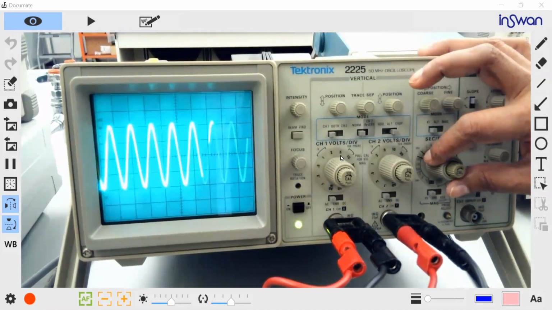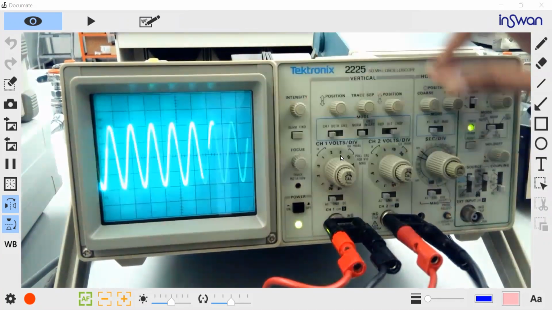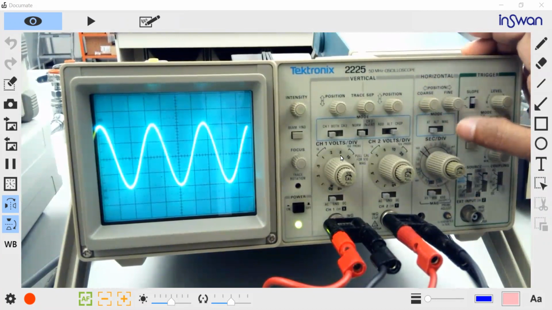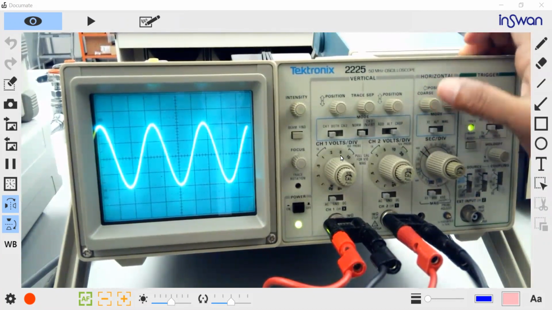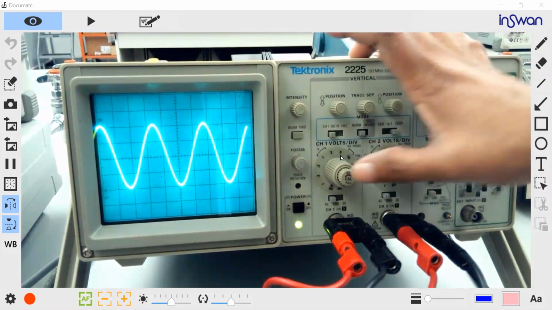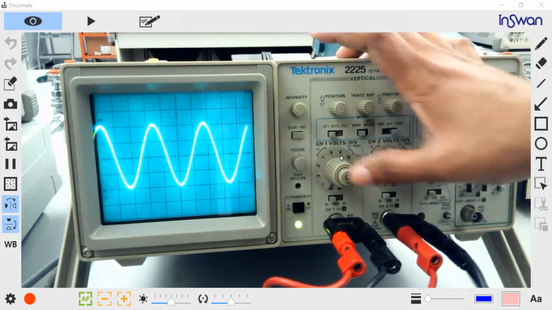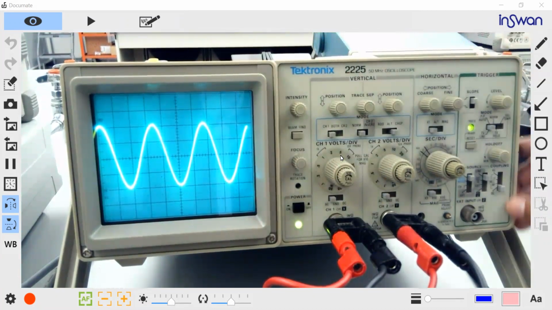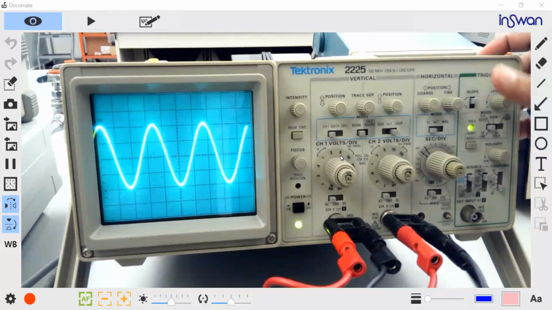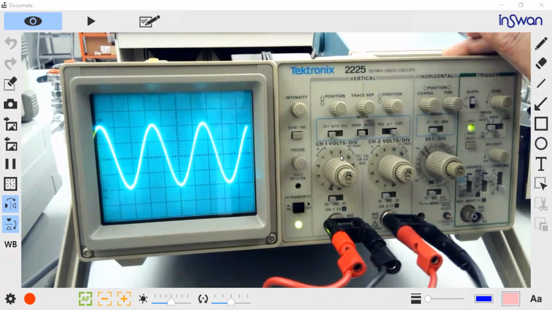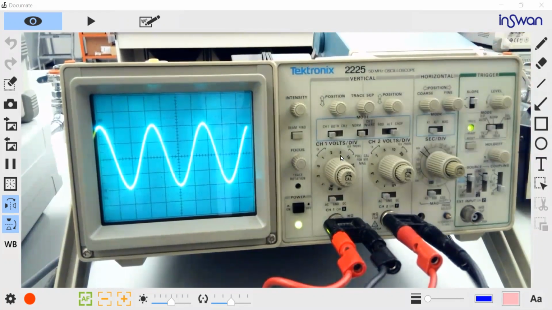In addition to that, you can change the fine tune, but those are vernier scales. The fine tuning ones we are not going to use; they will be fixed. This trigger range is also already set up, it is saying ready, so we are fine with that. Those are the buttons that you have to remember when you come to the next experiment.